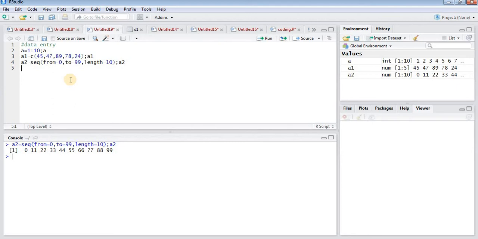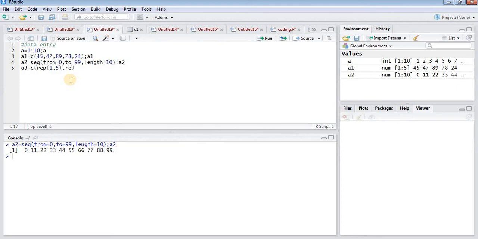Now there are certain cases when we require repetitive numbers. For example, I want number 1 to be repeated 5 times. That can be achieved by using a data set equal to C into bracket rep. So 1 will be repeated 5 times.